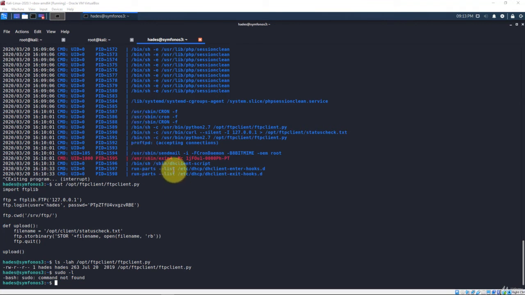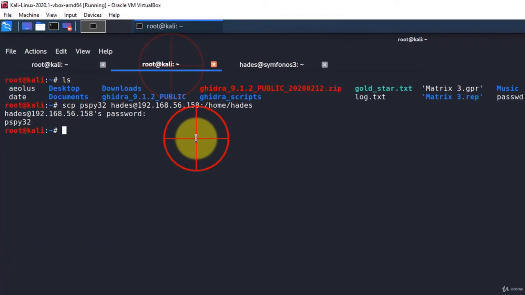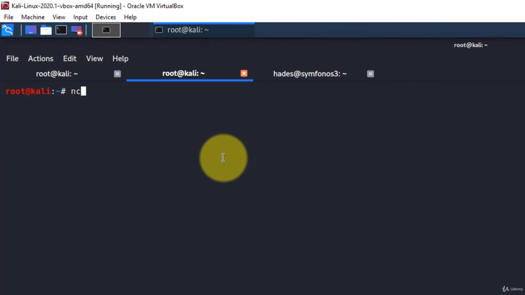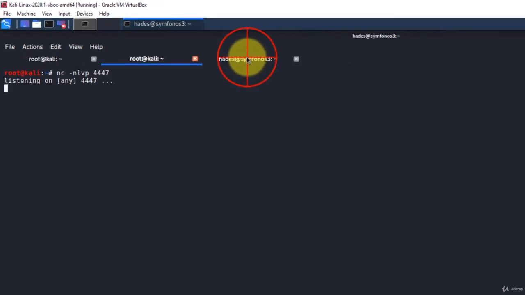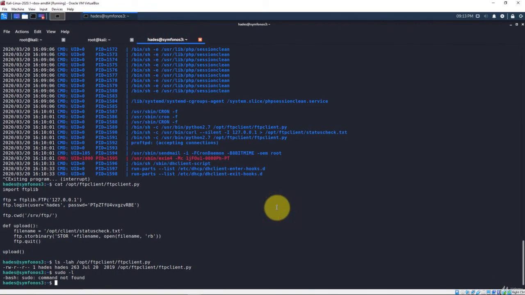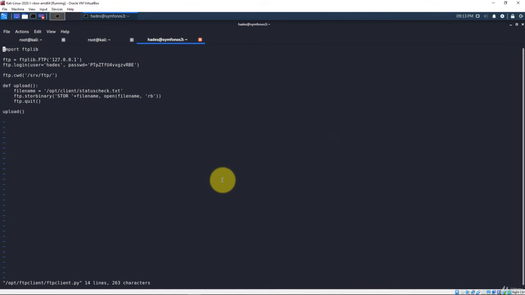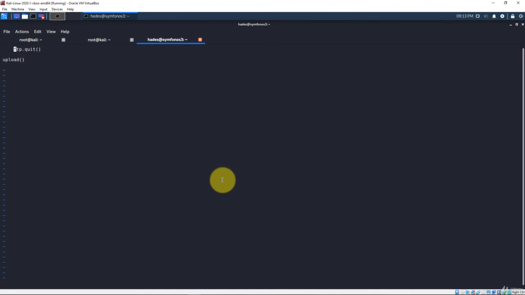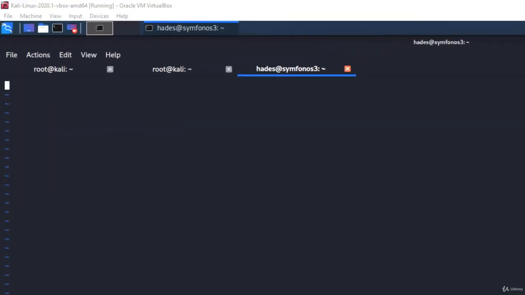periodically. So what I want to do is modify this Python file to send a reverse shell back to Kali Linux. So I'm going to create a new netcat listener over here with a different port, nlvp 4447. Go back to the SSH session over here, and let's just modify this Python code here. Just going to hit dd, remove all these lines here. And what I'm going to do